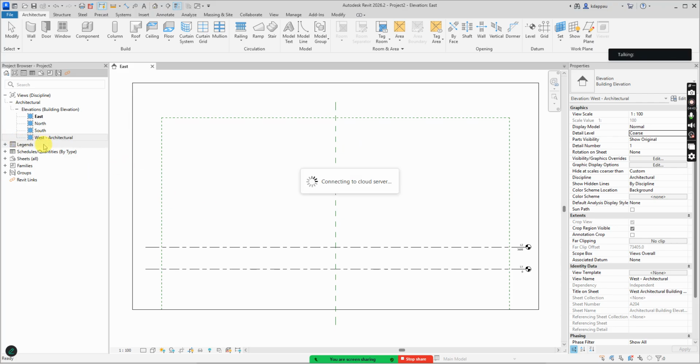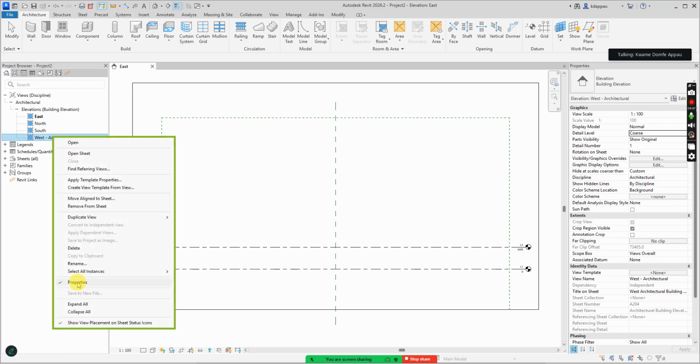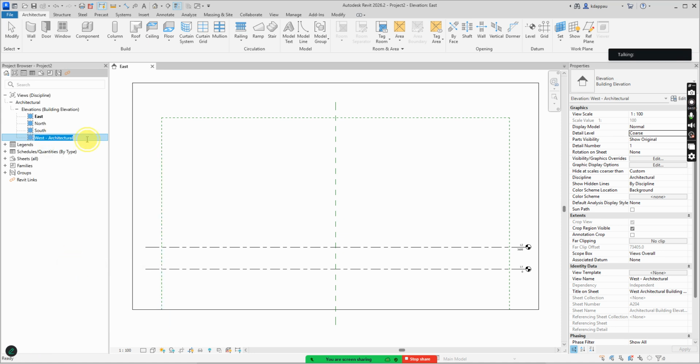Okay. So recording in progress. So I'll take this one, rename this one to west. So that you should be left with only the elevational views. Enter. Are you okay? Now,